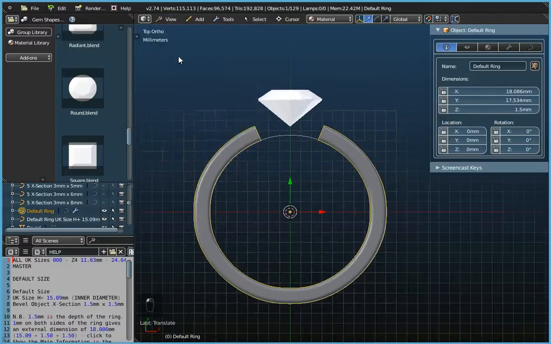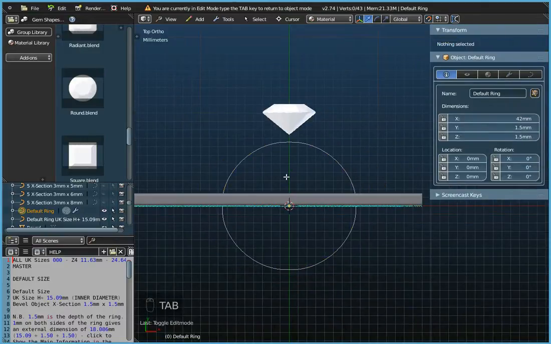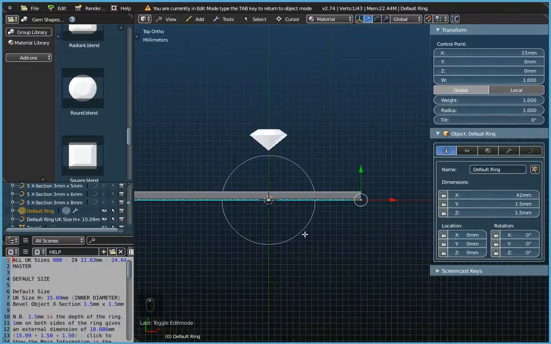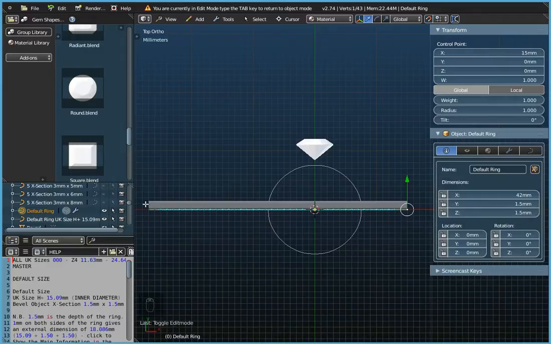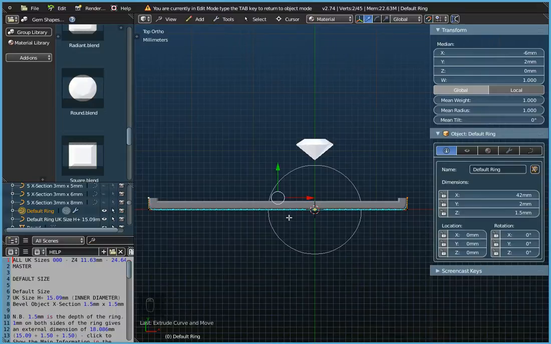So if I view it from the top and press the tab key now to go into edit mode, and what I want to do is to select the two end points. So I'm holding down the shift key, just select the two end points, and if I press E on the keyboard, E to extrude, and then move my mouse up one, and then E to extrude again, and E to extrude again. So I've just created some height there to go up along the side of the gem,